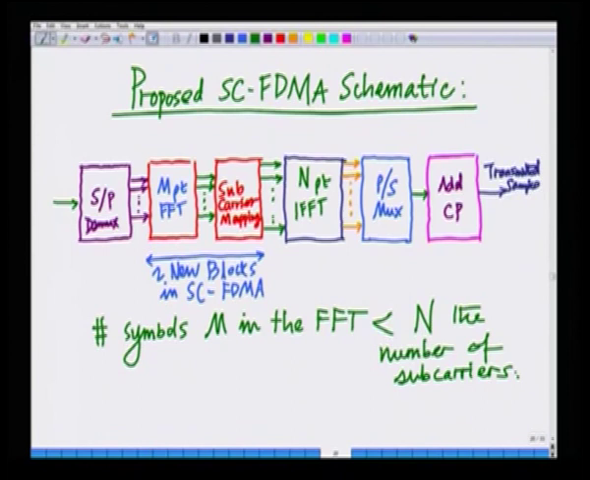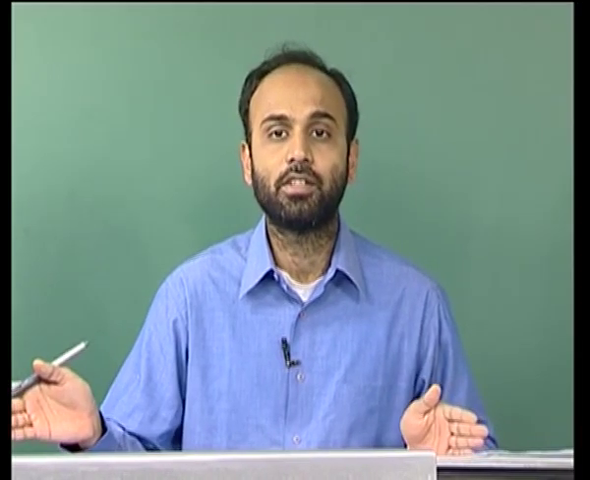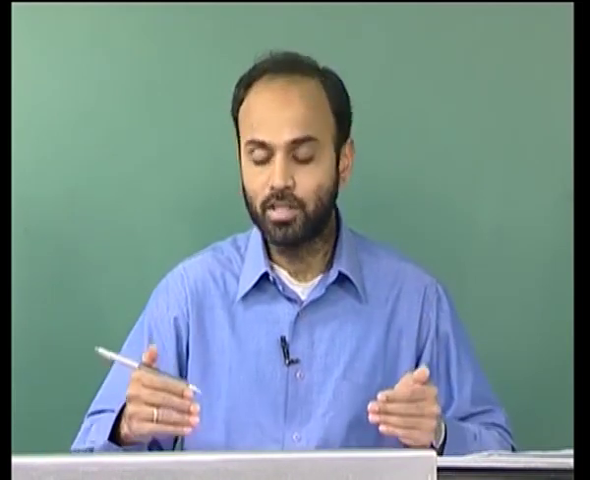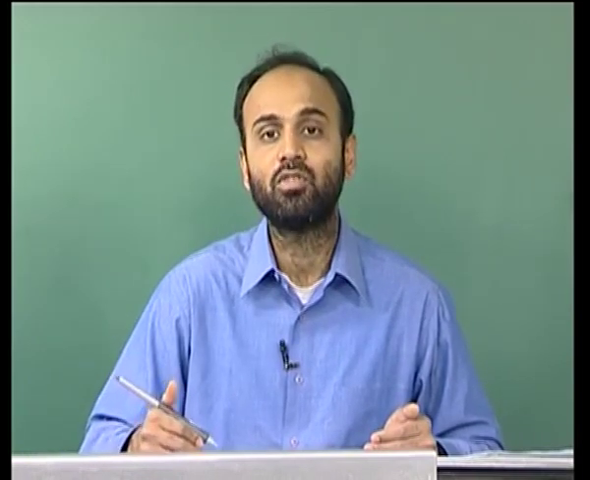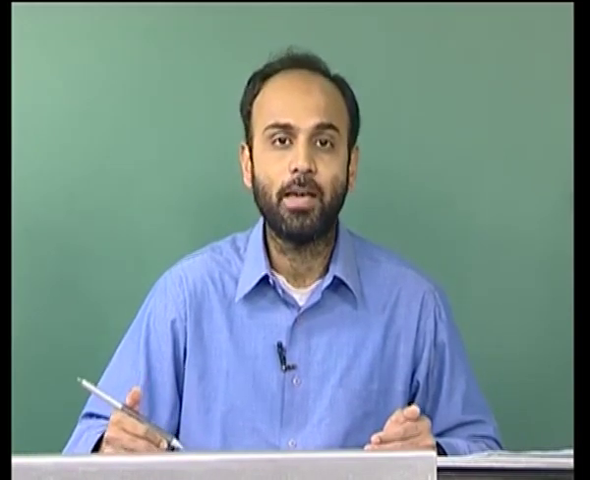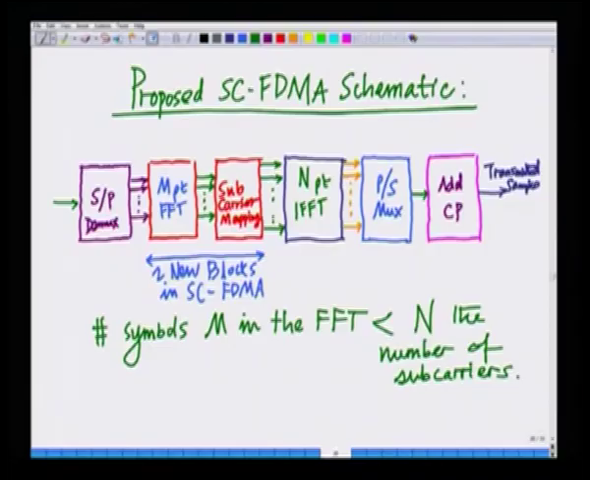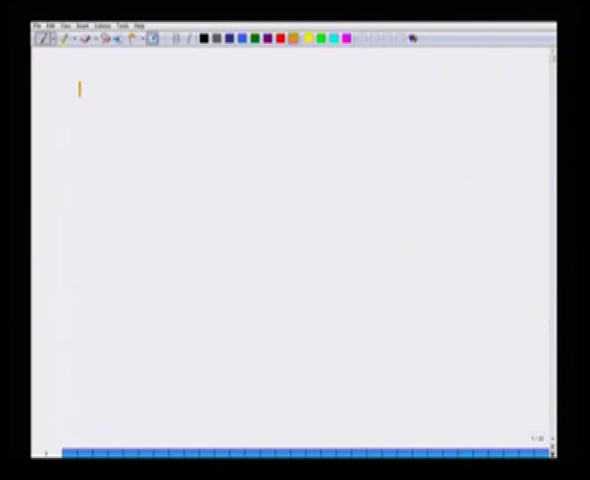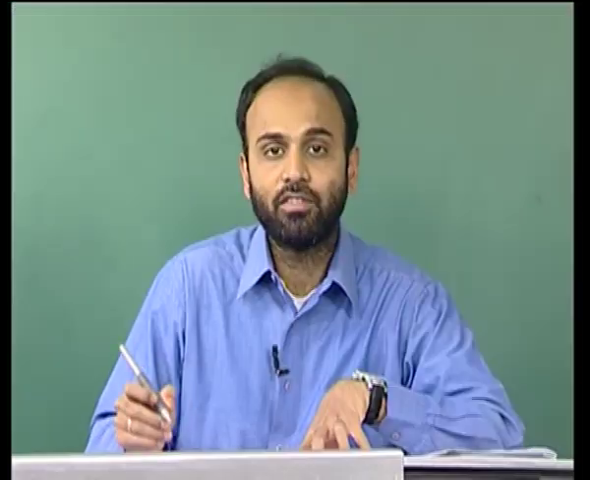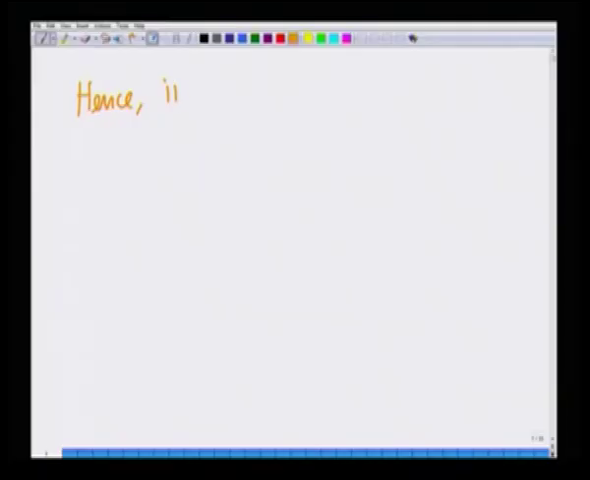Okay, so the number of symbols M in the FFT is much smaller than N, because if M equals N, we are going back to a single carrier system and we do not want to do that. So M, which is the number of symbols in the FFT, is less than N, and this M point FFT is introduced for the purpose of reducing the PAPR in the OFDM system. The introduction of this M point FFT significantly reduces the PAPR